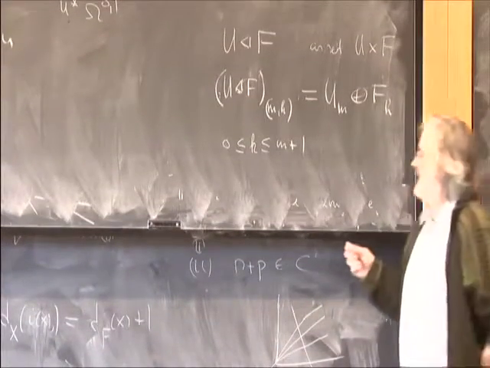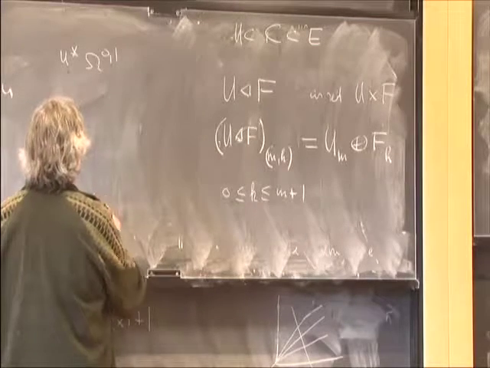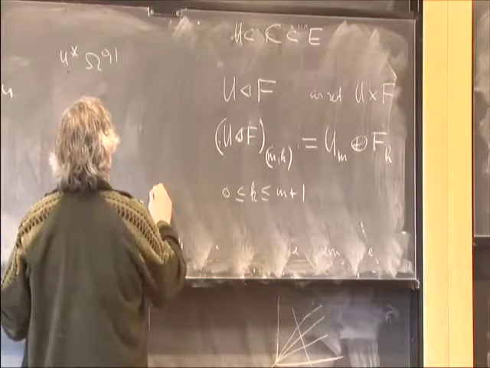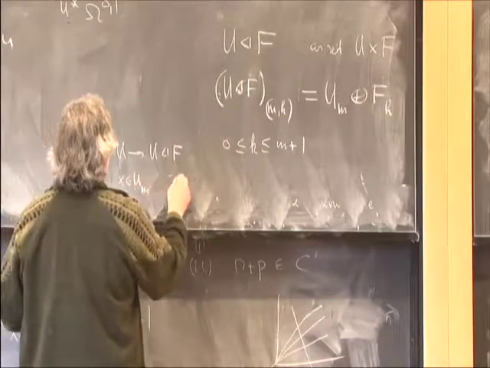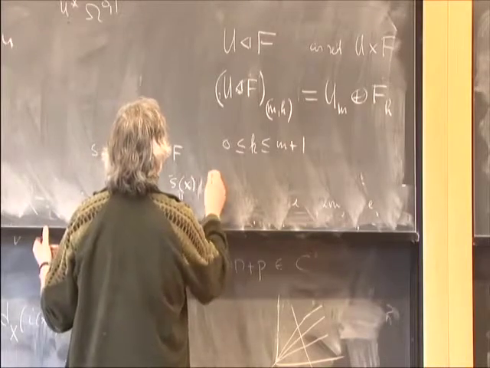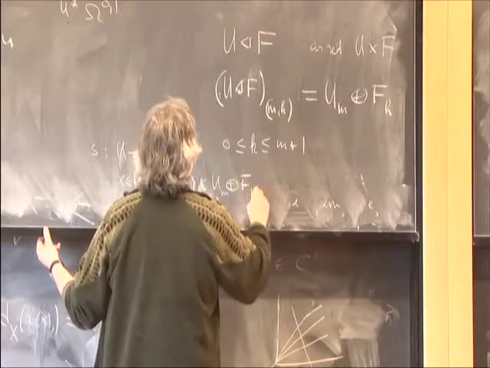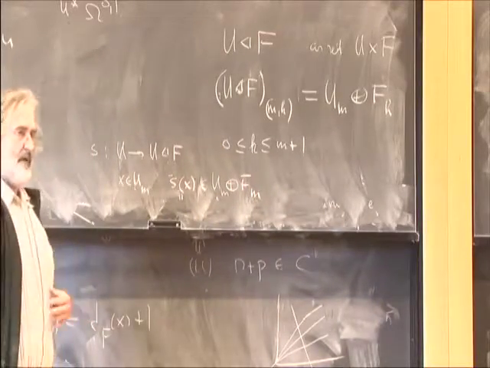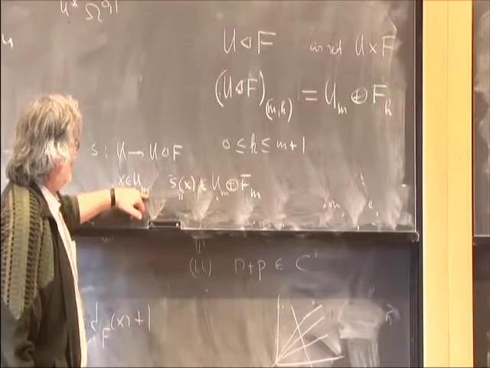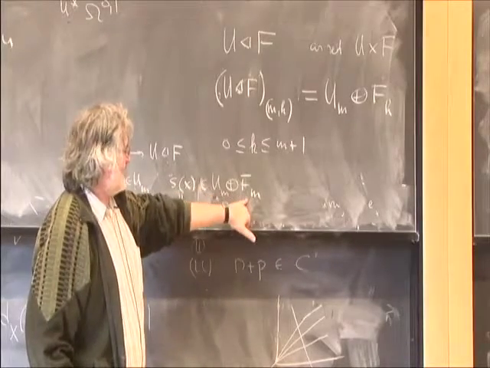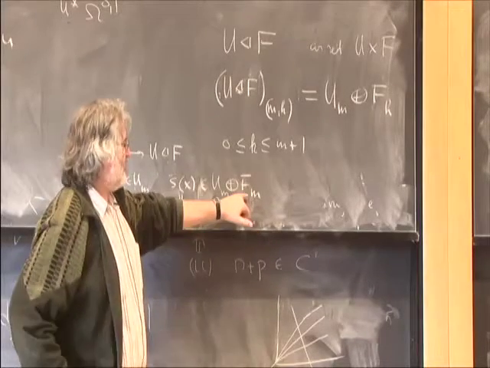So a section of this trivial type of bundle here would have the property: if x is in U_m, then s of x would lie in U_m plus F_m. So in the case of the Cauchy-Riemann operator, I would start, say, with H3 here. I get an H3 here, and I get an H2 here. I would consider this as horizontal. But still, it would make sense to talk about